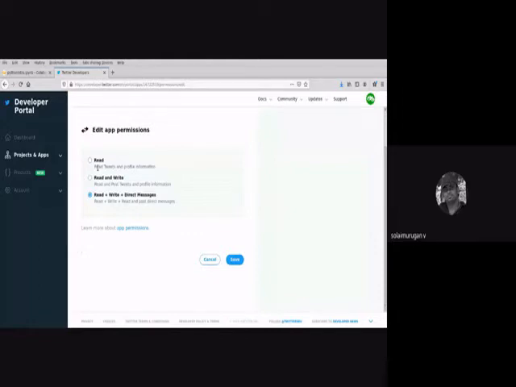Or you can give read and write, which means from the application you can tweet. You don't need to log in to the Twitter account to post any comments or tweets; by using the application, you can post a tweet. Similarly, if I give direct message permission, you can even reply, follow, unfollow, or retweet.